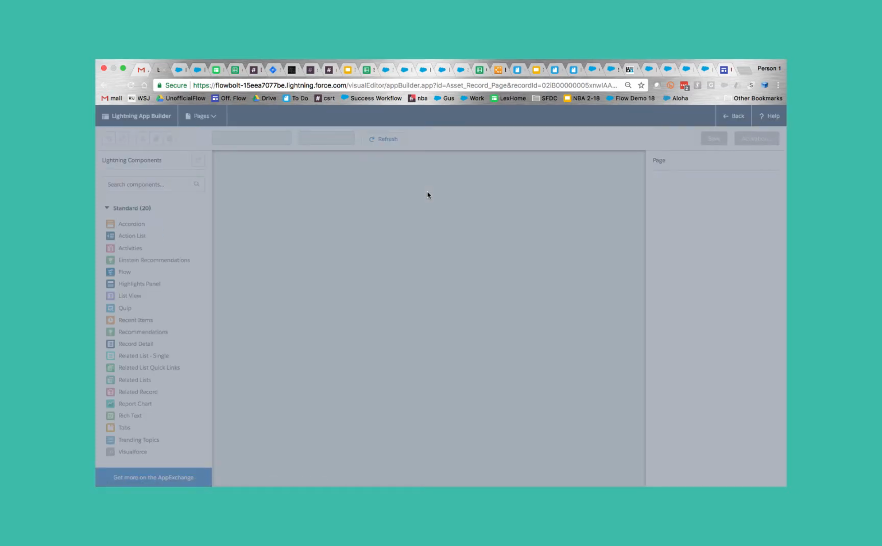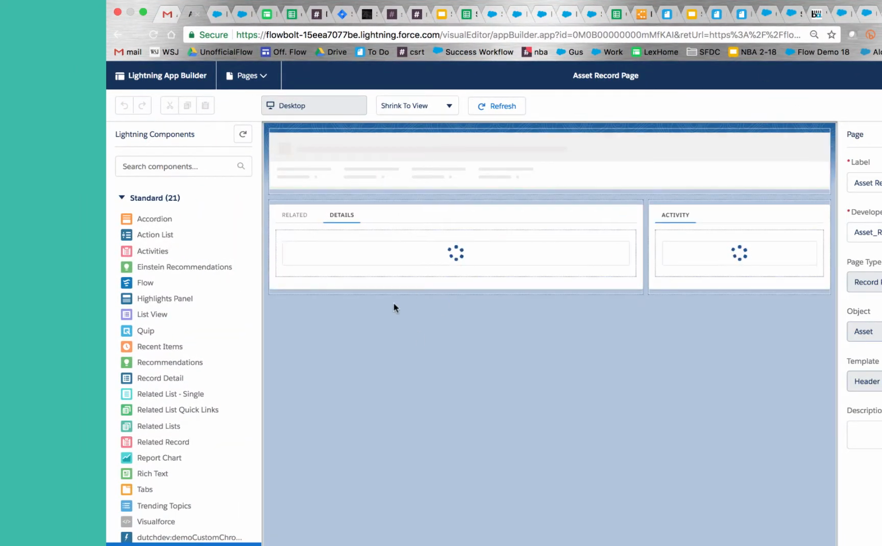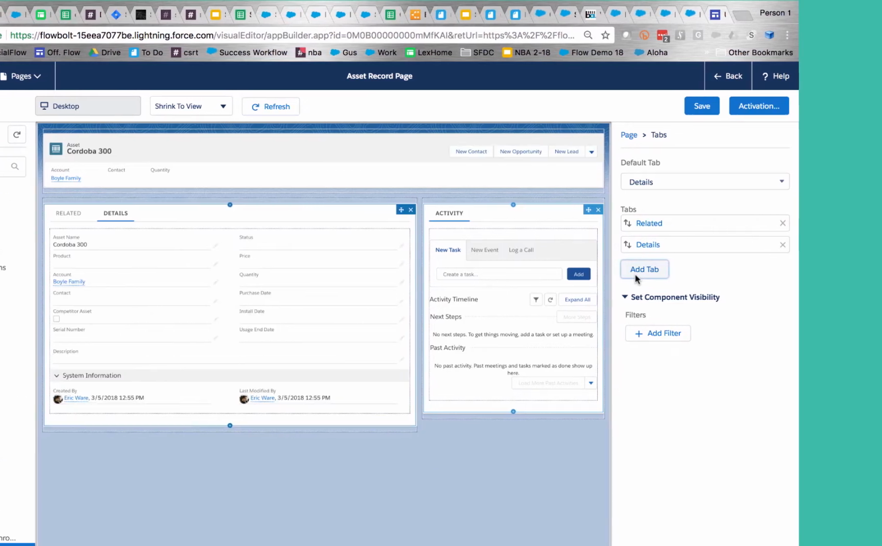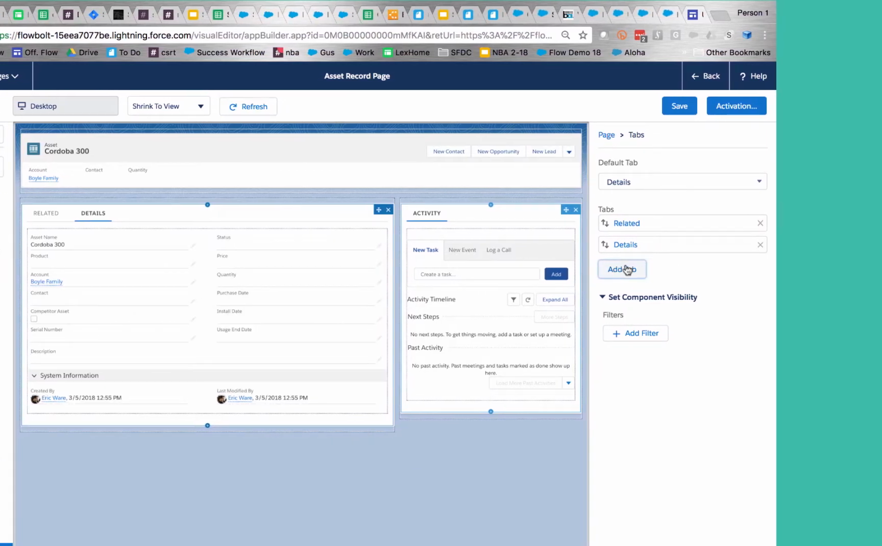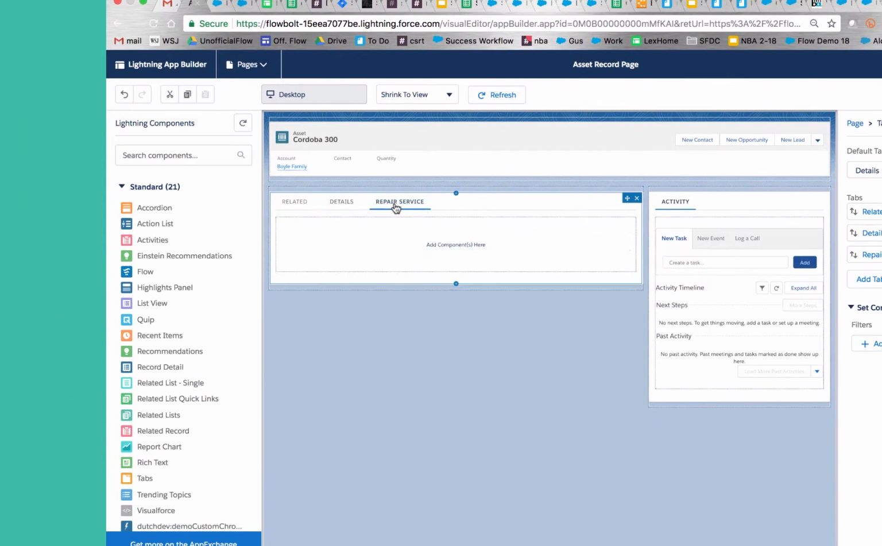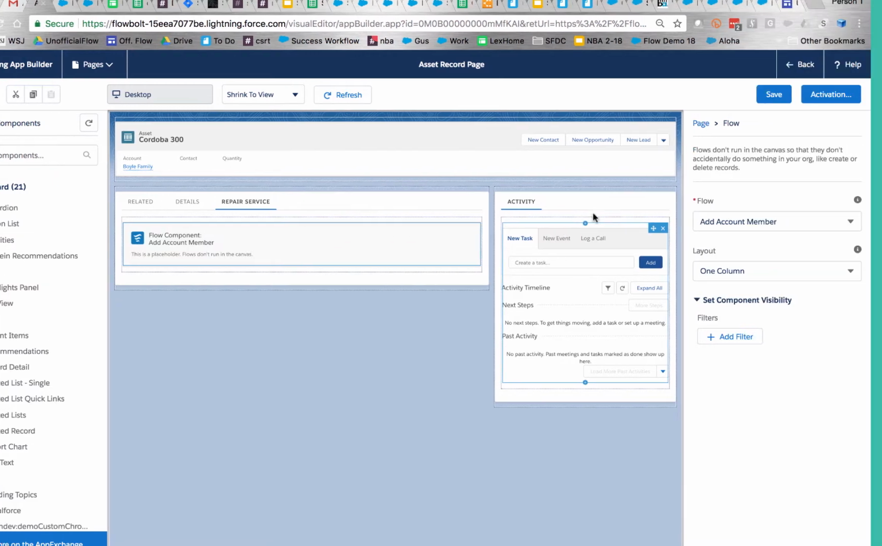So I'm going to start by adding a flow to this asset that I've got here. And you may have seen this before. What we are going to do is drag the flow over. I'm going to create a tab first for the flow to put the flow in. So I'm actually going to add a tab, and I'm going to customize this tab, and I'm going to call it Repair Service. And then to this repair service, I'm going to drag this flow out,